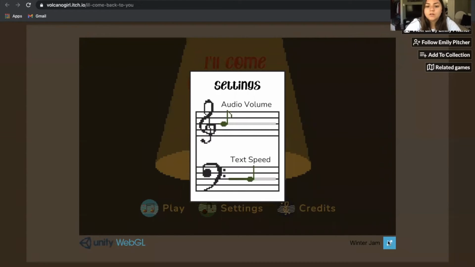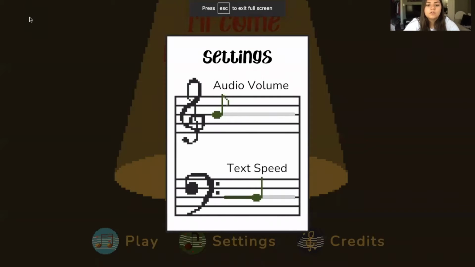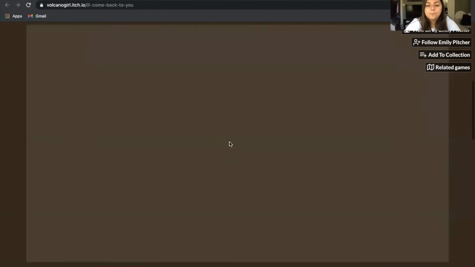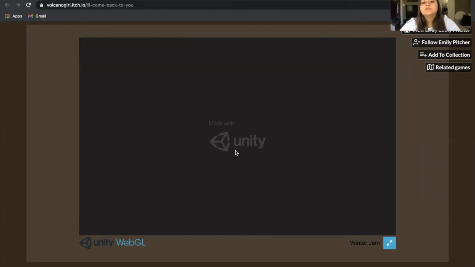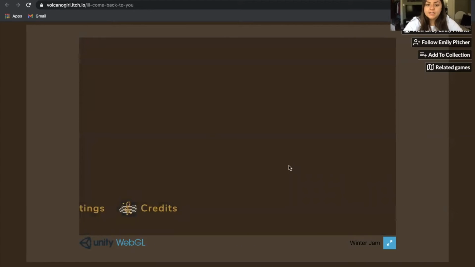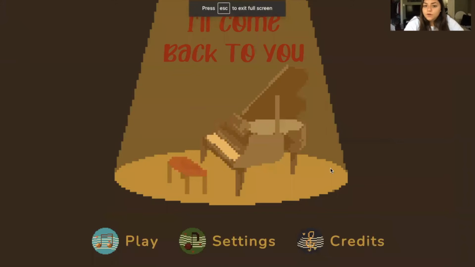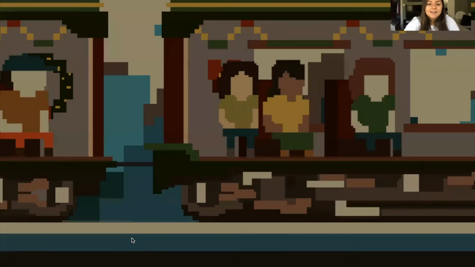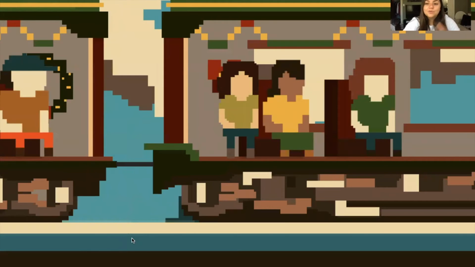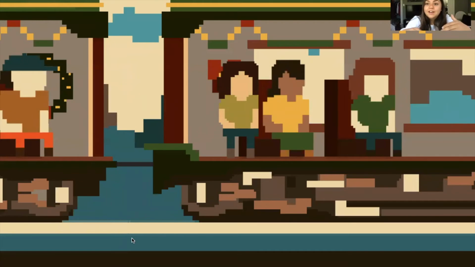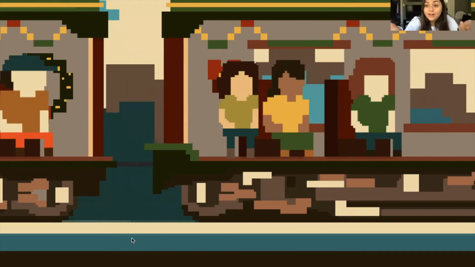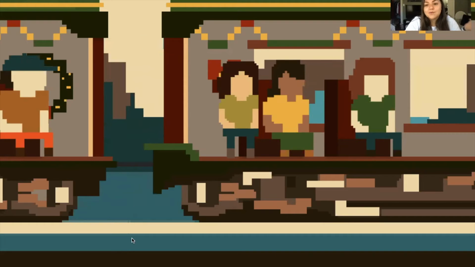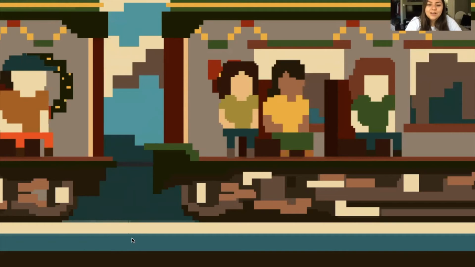So here we are. First it starts off with showing you that there is a piano on the screen, just to give you a little glimpse that music will be involved. Mary plays the piano. So right away, you can see that it's kind of a feeling of a movie. You're on a bus going somewhere. I know I've already explained it, but you don't know where it's going. So it's giving you a little backstory of what happened.